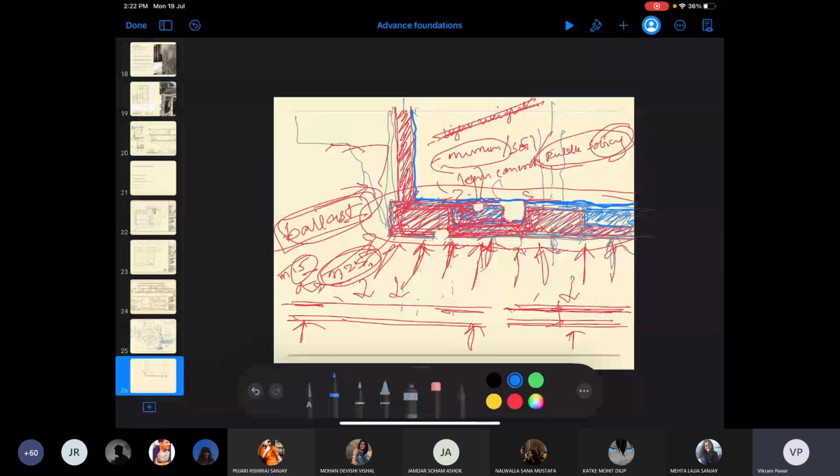See, this is easier to construct, right? Once I make it, the waterproofing is applied from the inside. It's also cheaper because the surface area of the inside is much lesser than the surface area of the outside. And yet you are right, waterproofing is done from the outside. So what is the reason? Anyone?